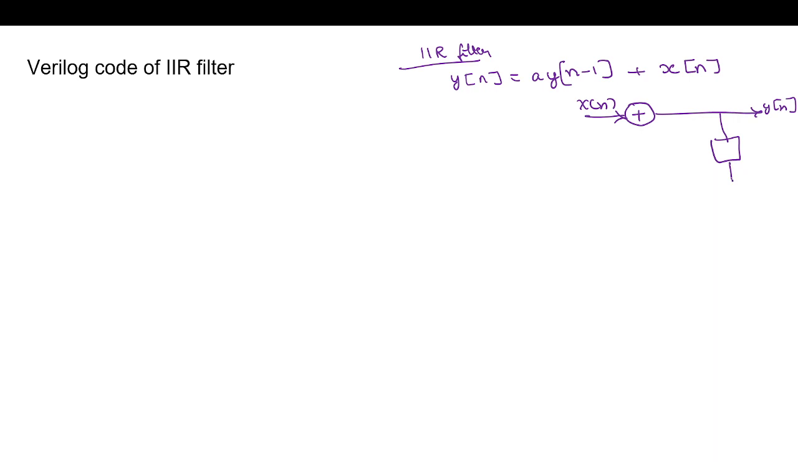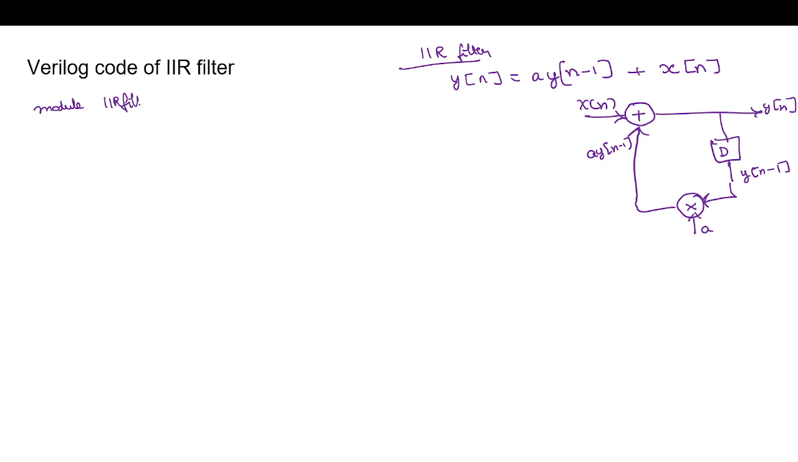Delayed version of this will be y of n minus 1. This one multiplied with a, then added, we will get a y of n minus 1. So for this multiplier we will use the Booth signed multiplier, then a normal adder. So now if we write the Verilog code for this IIR filter implementation, module